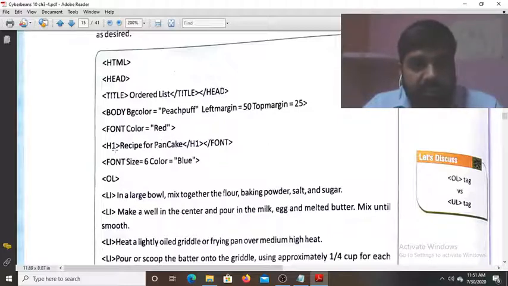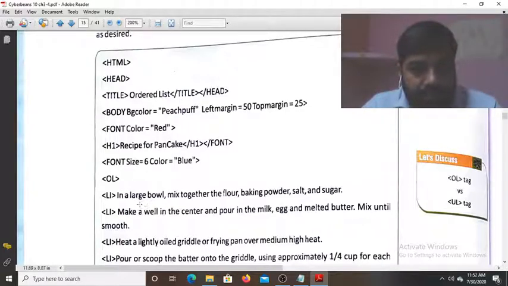In the first heading label, the text is Recipe for Pancake, and the font size is 6 and color blue. This font is set for the heading, here it is open and close. Now another font tag is used, with size 6 and color blue. Here size is not set, so by default it will use 3.